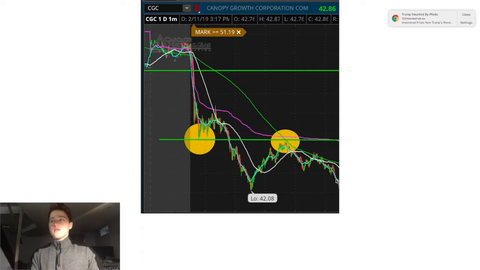So the importance of this is to realize that your entry should always be based on the chart and the risk reward ratio. Your stop loss should always be based on that as well, and same with your exit. And your stop loss should always be a price at which the pattern is broken. So in this scenario,